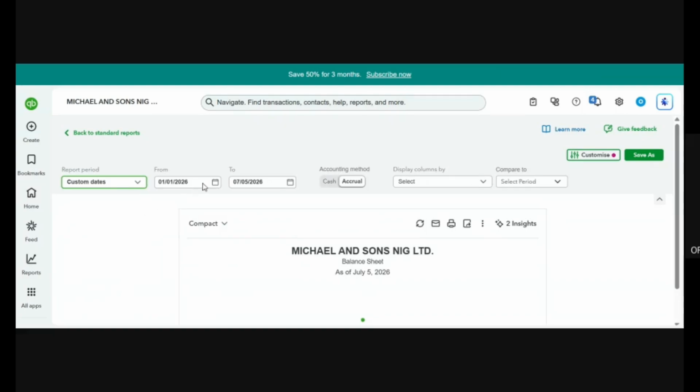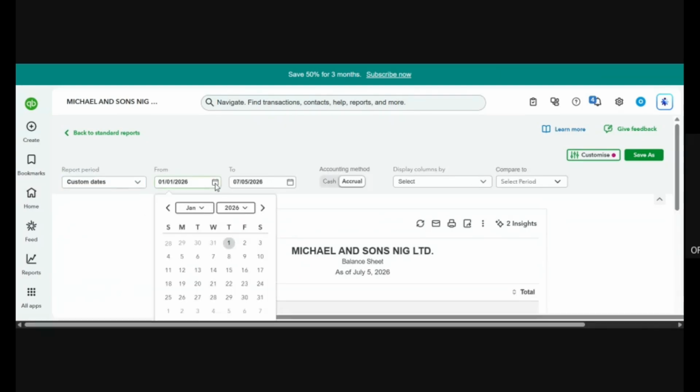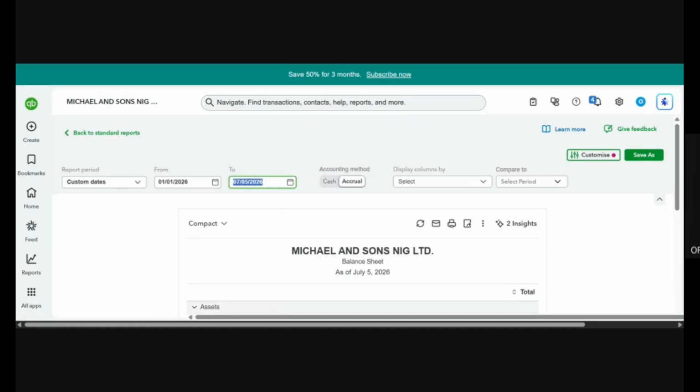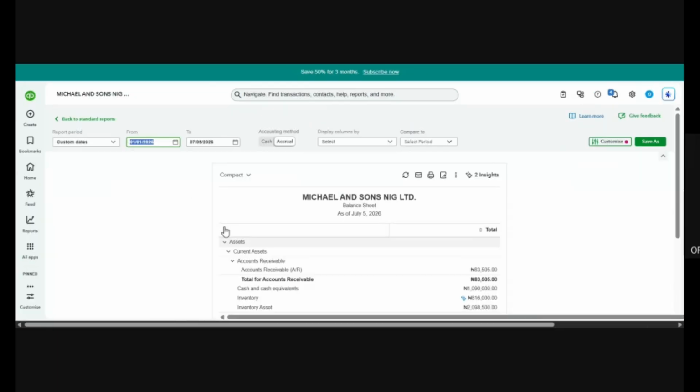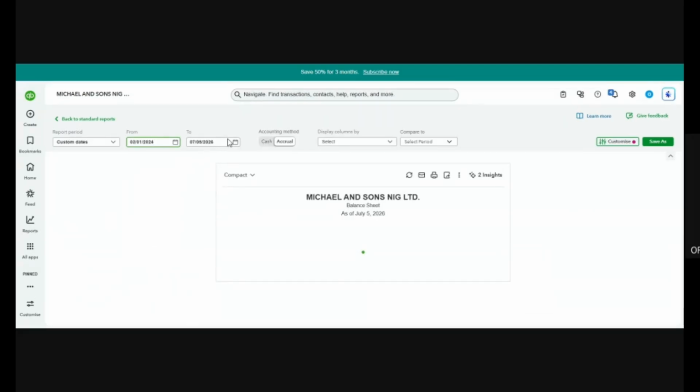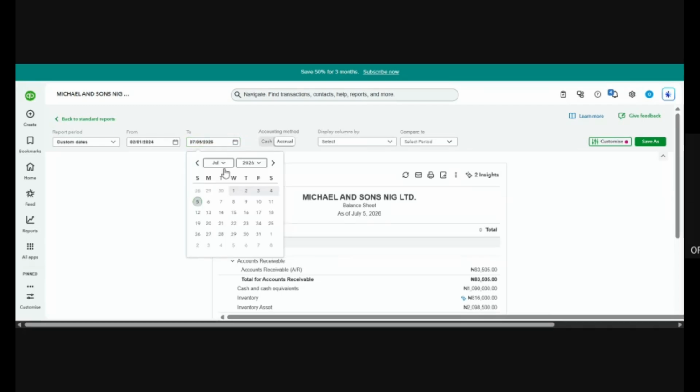When you select custom dates, you come here and say maybe from February 2024. I did not select a date, that's why it did not work. From February 2024 to